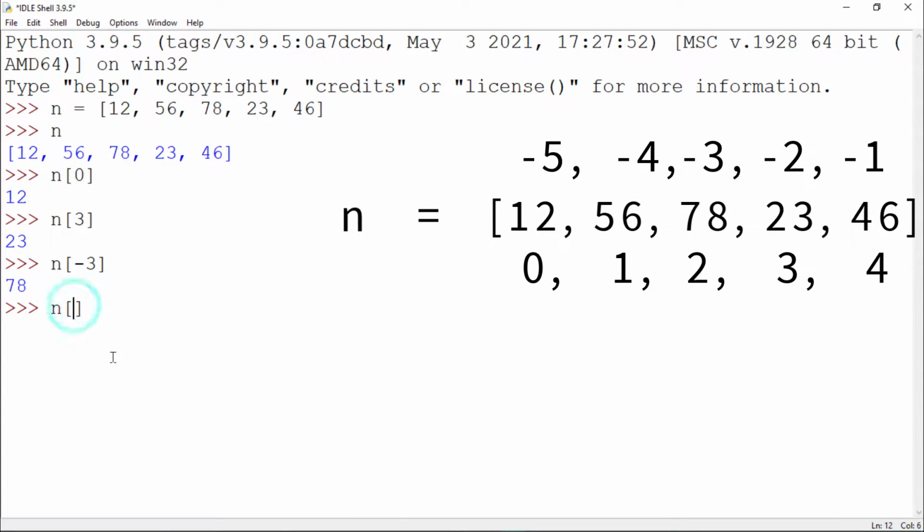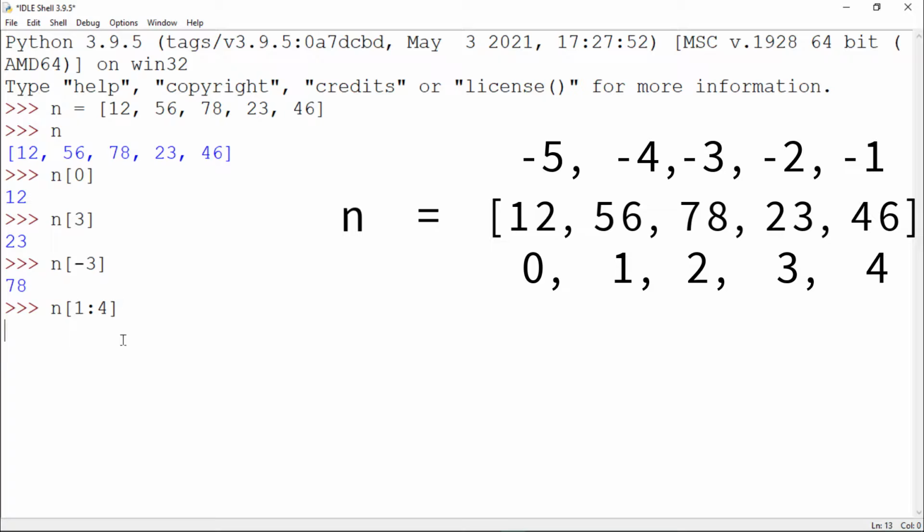So 56 comes at the first index value, okay? Then, for continuing the fetching process, meaning you have to continue fetching the values onwards, there will be a symbol called colon, so type in colon, okay? Then you see the index value of 46 is 4, so let's type in 4.